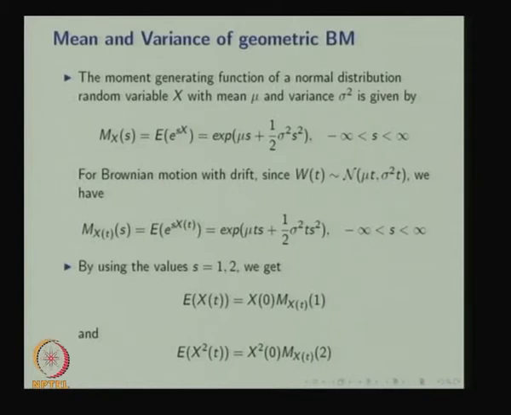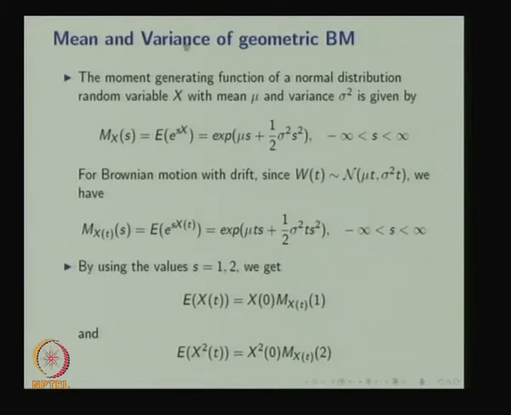Here there is a mistake. It is the moment generating function of W_t, the expectation of e to the power s times W_t, because W is normally distributed. Here it should not be X_t, it should be W_t. Here also it is W_t. Therefore, the moment generating function of W_t is the same as the expectation of e to the power s times W_t. Now using s equal to 1 and 2, we are